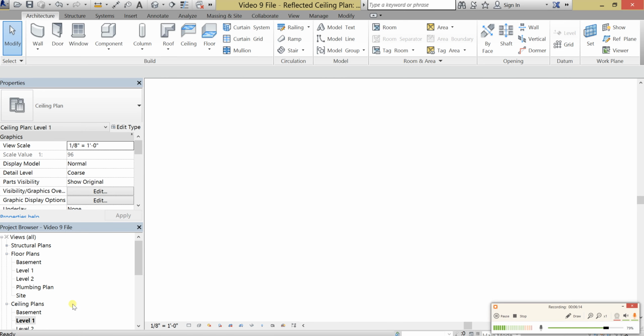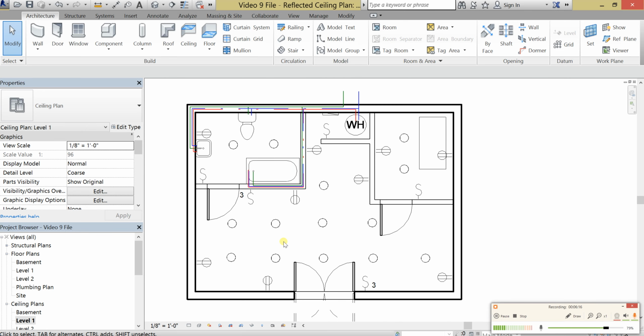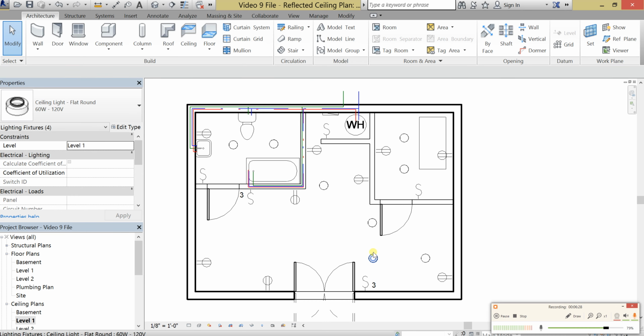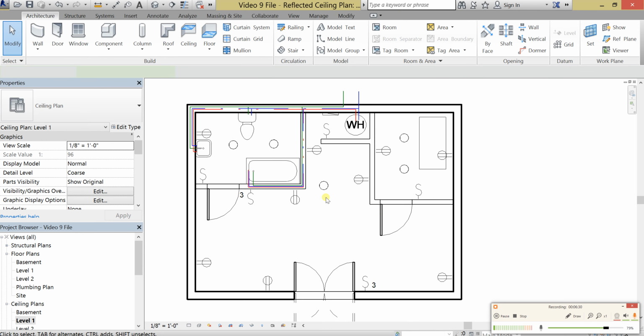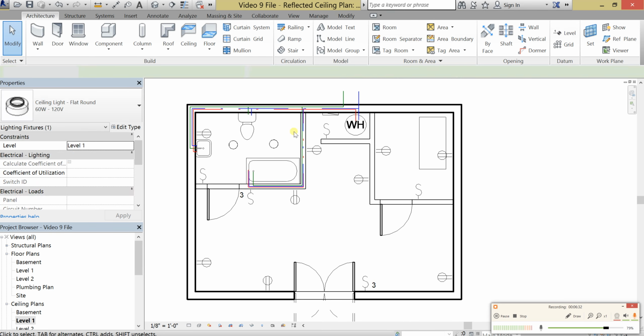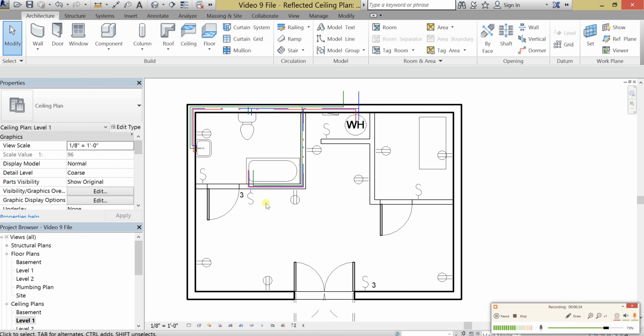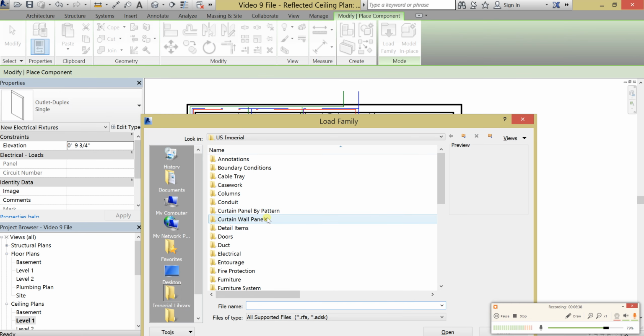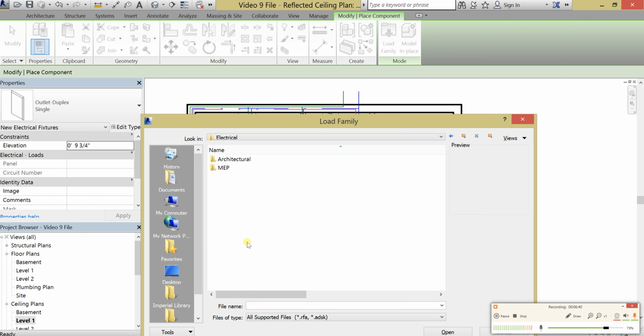Okay, back at the ceiling. No ceiling is complete without ceiling lights. I actually placed a few in here earlier. I'm going to actually scrub those. So I do apologize, I kind of went ahead of you guys. Okay, but for ceiling lights, head on over to Component, Load Family, Electrical, and then, whoops, not electrical, lighting,